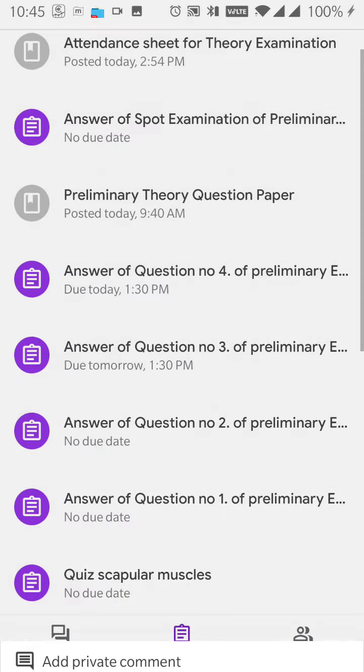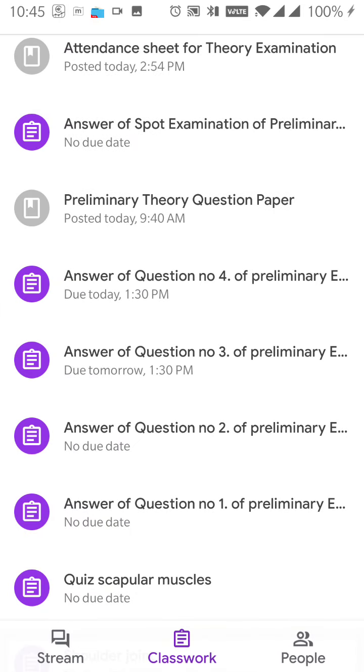Okay. So these are the 4 links. So you have to scan for question number 1 differently. For question number 2, whatever the answers are there, you have to scan differently.